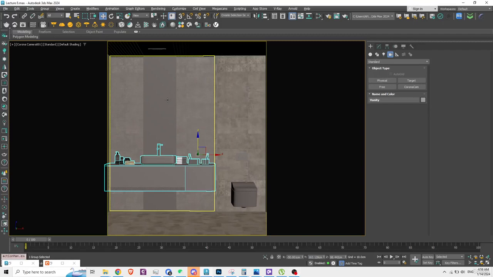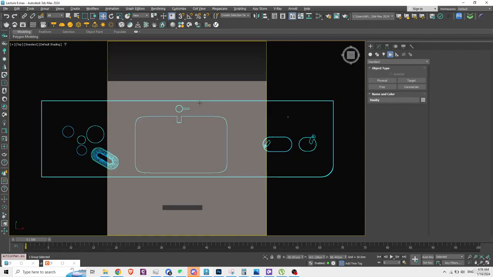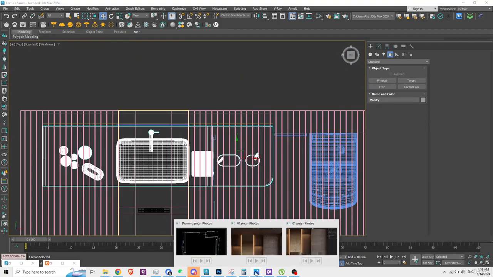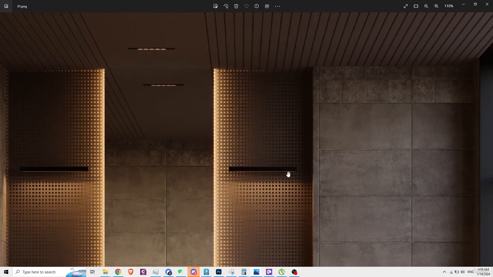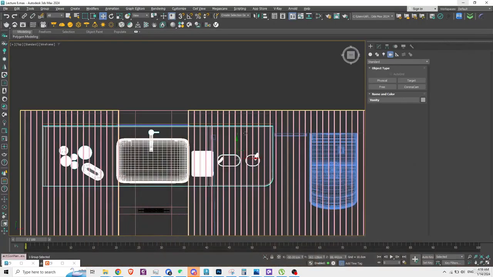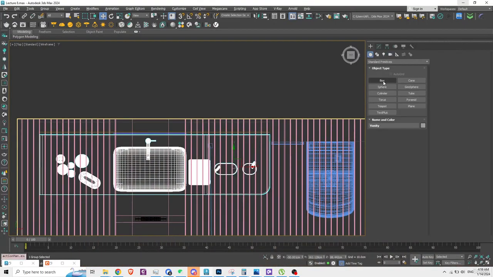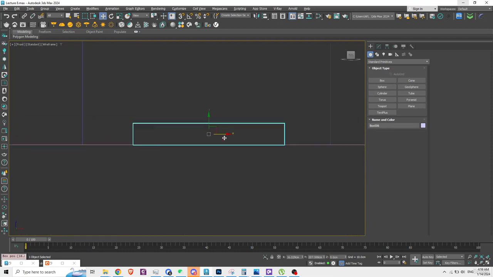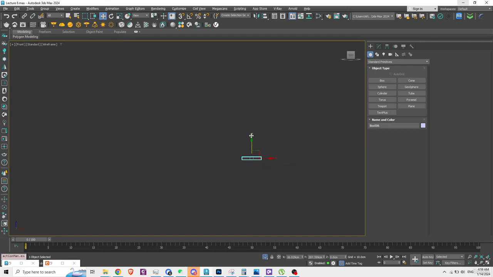All right, the next thing is we are going to make a light, which you can see here, this rectangular light that is going to be very helpful. So let's create a box. I'm just creating it on the back side of our model so I can isolate it easily. So I isolated it, now I'm in the front view, move it upward,